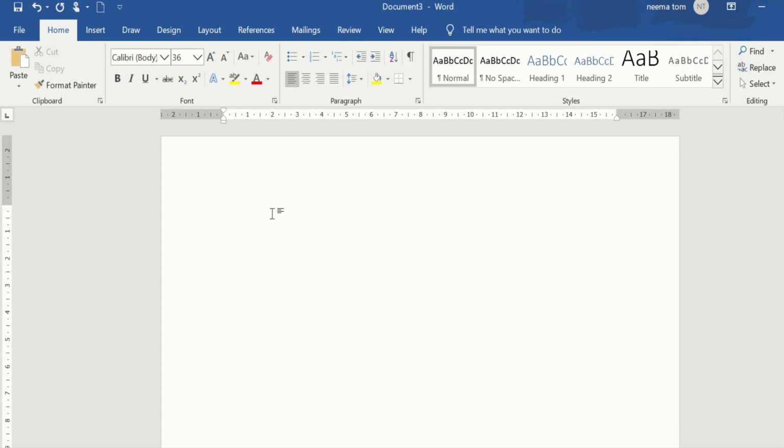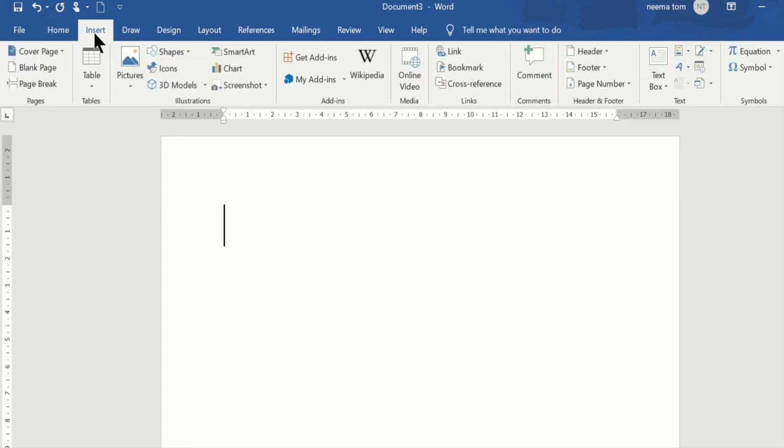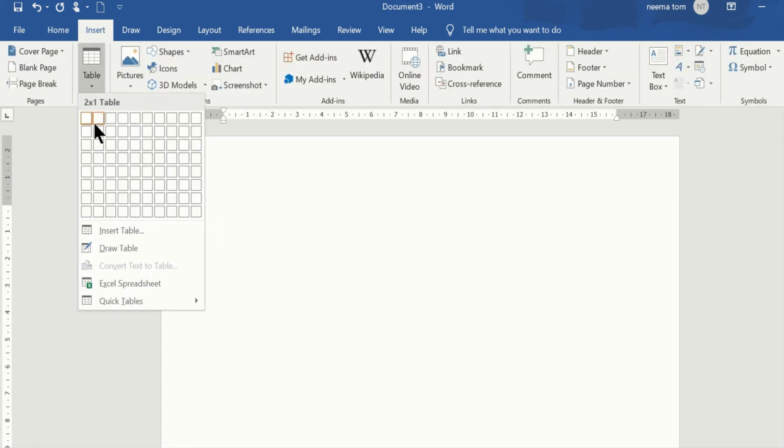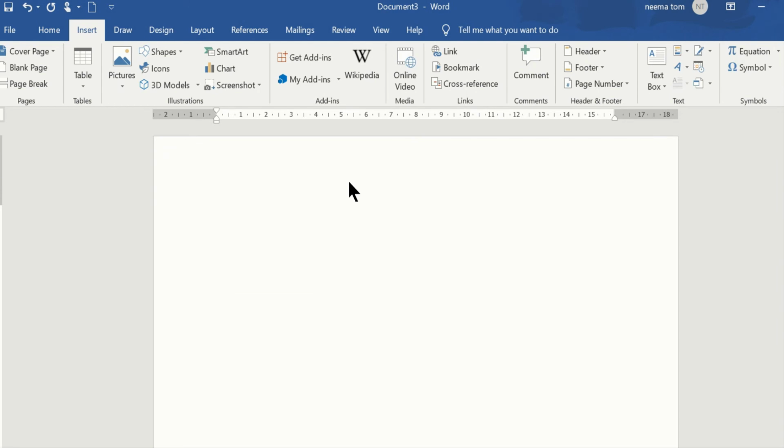Now let's see some shortcut keys that can be used in table creation. First, let's see how to create a table. Usually we create a table by clicking on the Insert tab and choosing the Table option like this. You can also use a keyboard shortcut for this. For that, press the plus sign, then press underscore.